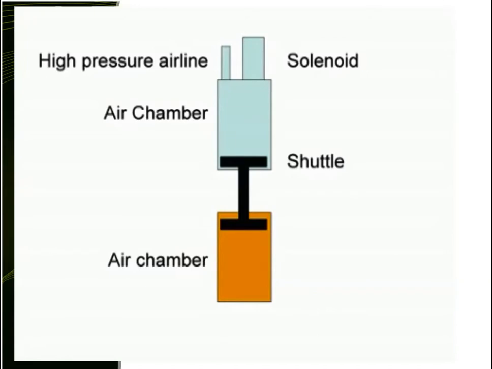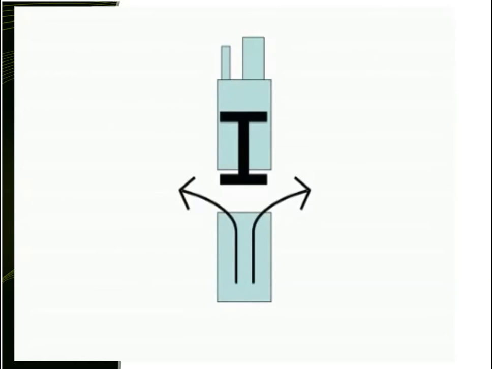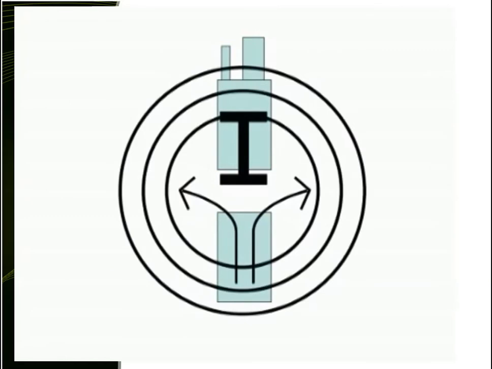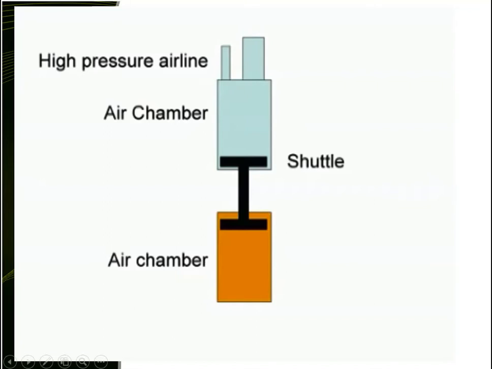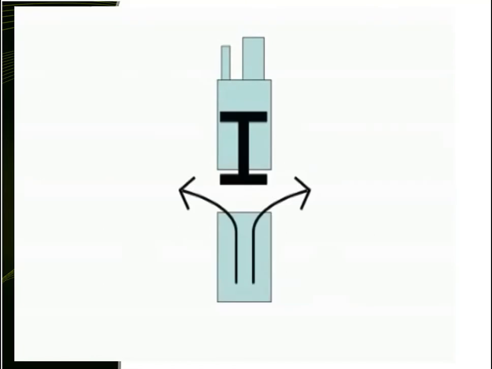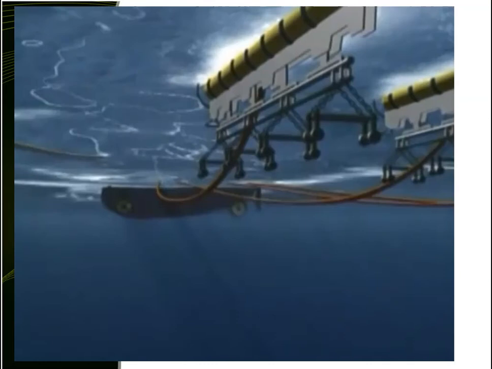The high pressure air in the lower chamber is discharged into the surrounding water through the source ports. The air from these ports forms a bubble, which oscillates according to the operating pressure, the depth of operation, temperature and volume of air released into the surrounding water. It is forced back down to its original position by the high pressure air in the control chamber, so that once the discharge chamber is fully charged with high pressure air, the source can be activated again. The opening of the shuttle is very rapid, taking only a few